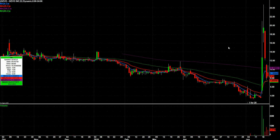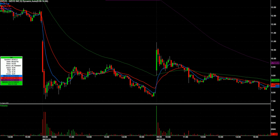GEVO. This isn't on the results page because I just pick a couple highlights to throw on the results page from each day. But I actually called this. Let me go to 5-minute candles. I actually called this almost right after the opening bell through the half because 950 was the pre-market high, and